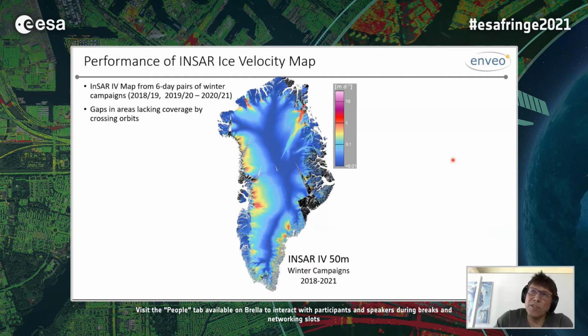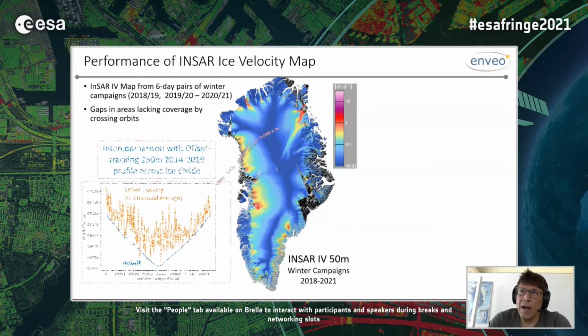Now, using this crossing orbits technique, we can generate these maps. So we used here the acquisitions of the winter campaigns from 18 to 21. And the gaps are visible where we are lacking some data. So even over 3 winter periods, we don't have a full coverage. Then we have also some gaps at the very fast outlet glaciers. The product has a resolution of 50 meters, while the offset tracking product would have 250 meters or 500 meters,